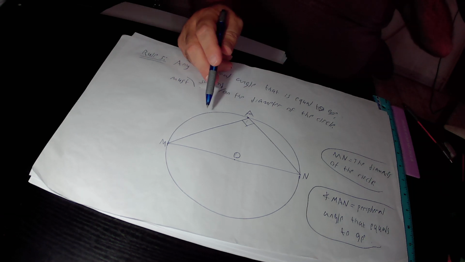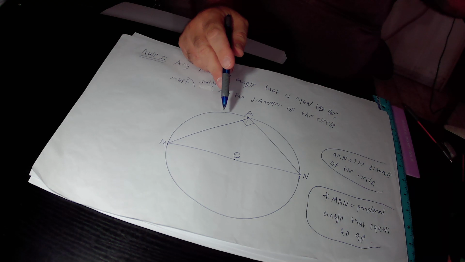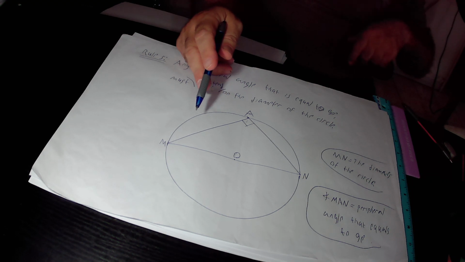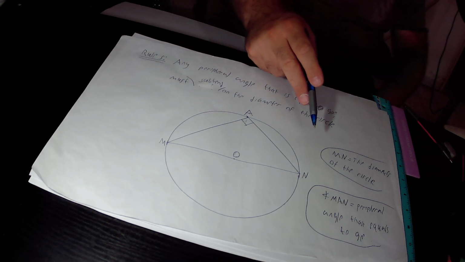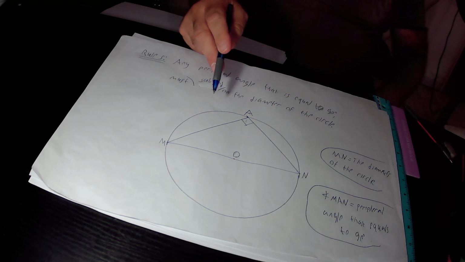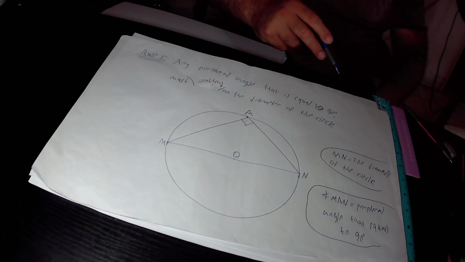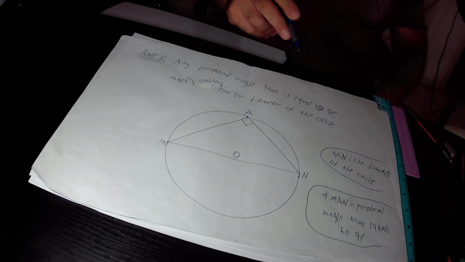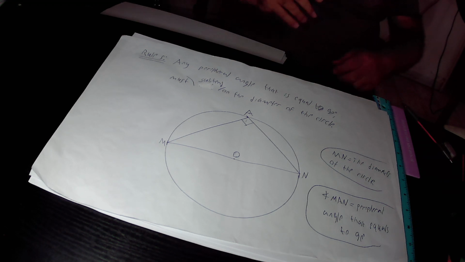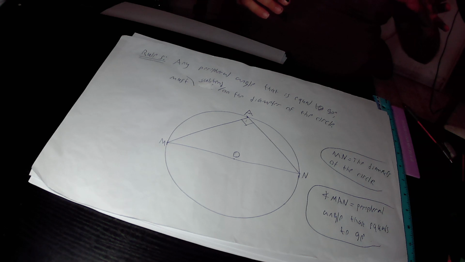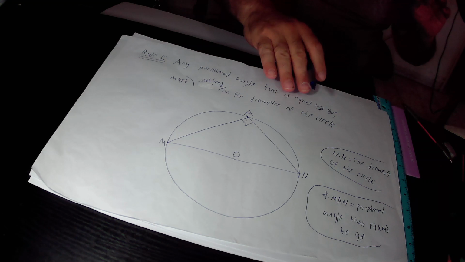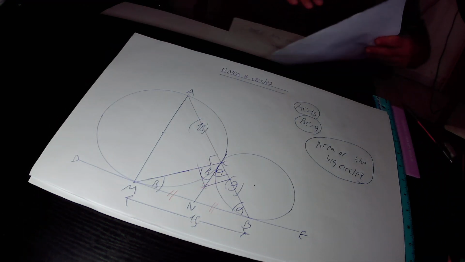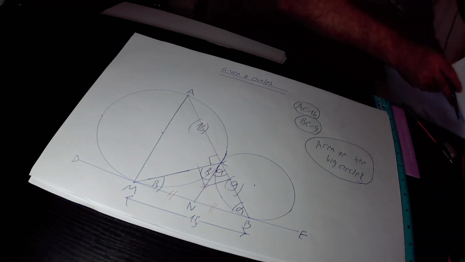Because peripheral angle MAN equals 90 degrees in its size, it must subtend on the diameter of the circle. Peripheral angle MAN subtends on MN, and therefore MN must be the diameter of the circle according to rule 5. So any peripheral angle that is a right angle must subtend on the diameter of the circle. We can definitely implement rule 5 in our drawing. Why? Because in our drawing,